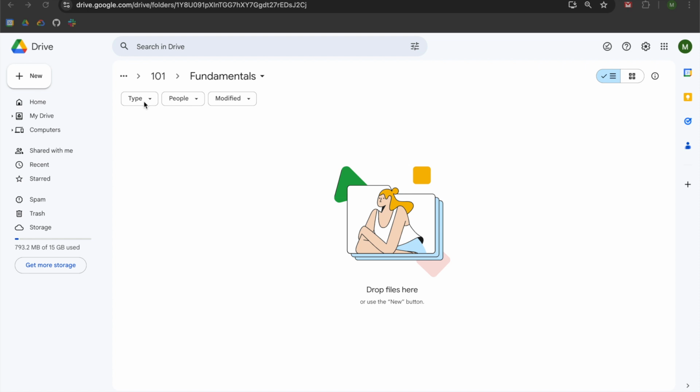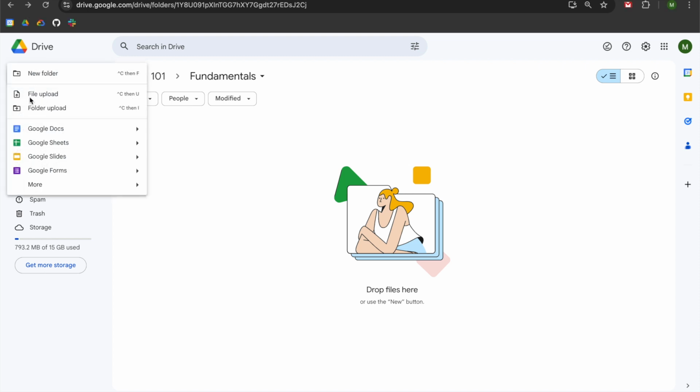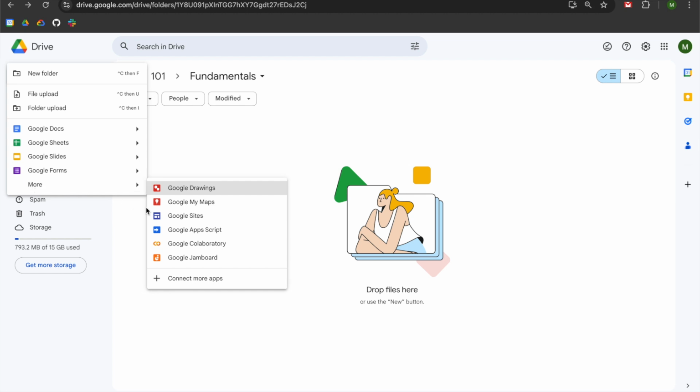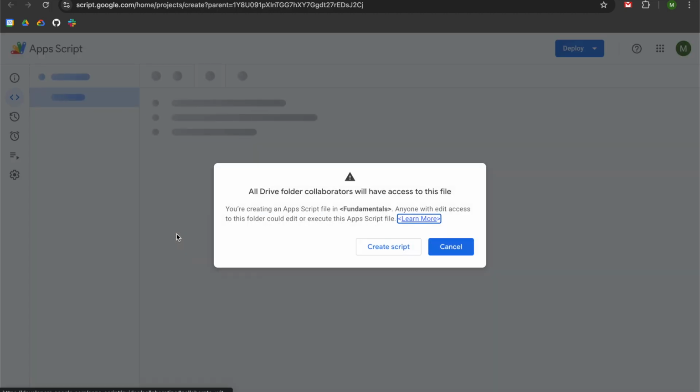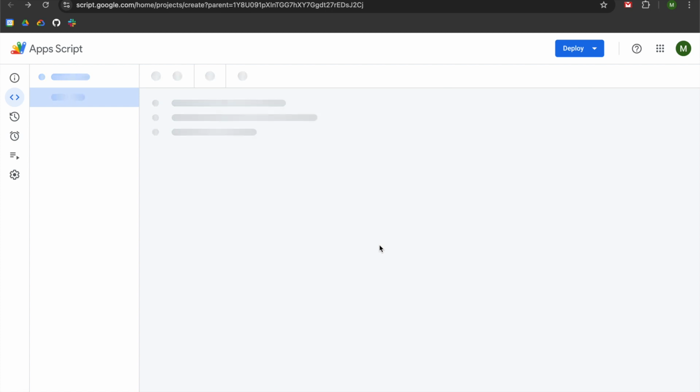I'm in a project folder called Fundamentals, which is where I'll be storing my project. We're going to begin by navigating to the New section of Drive, going down to More, and then opening up an AppScript project. This prompt is just saying that anybody that has access to this folder will also be able to access this project. We're going to select Create Script,